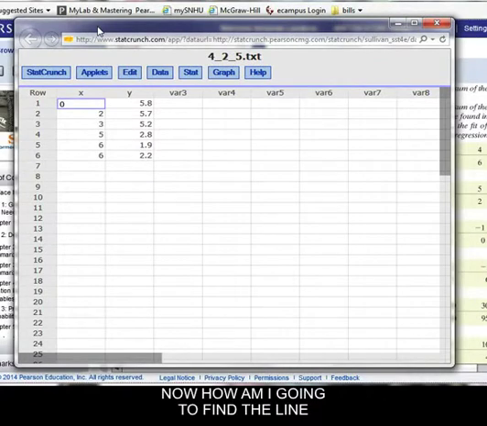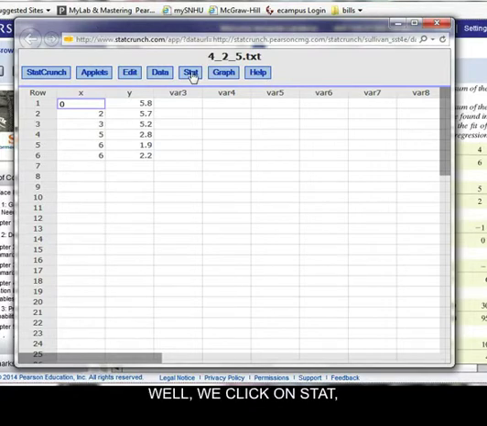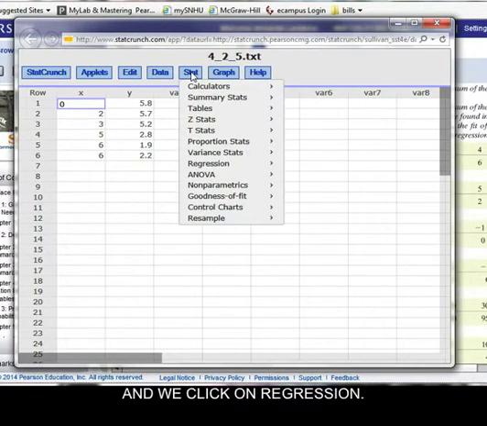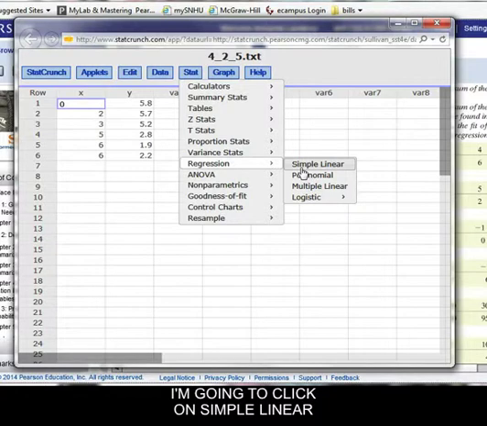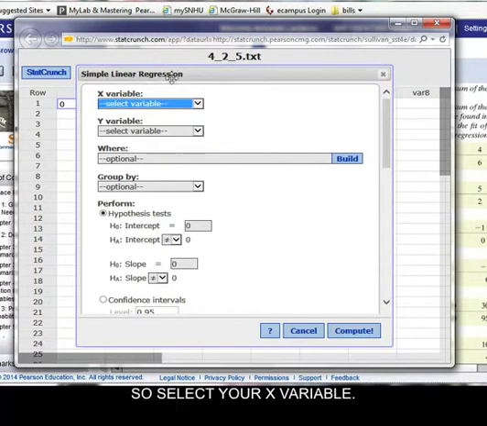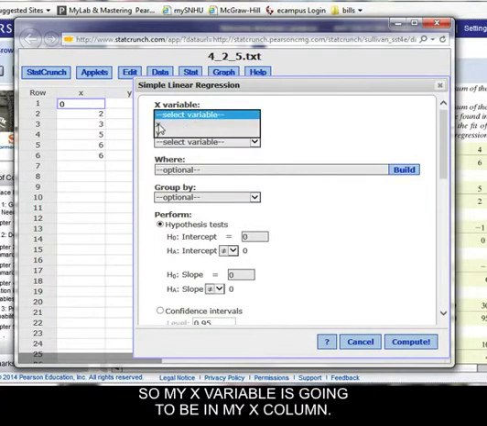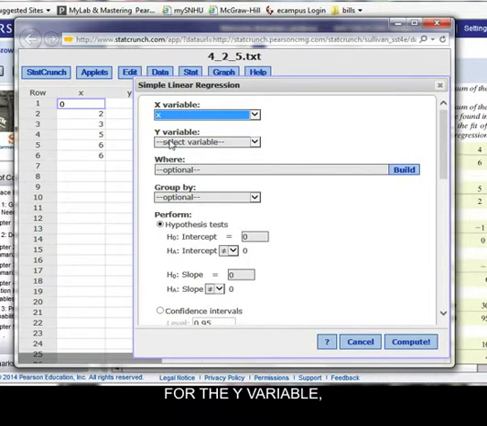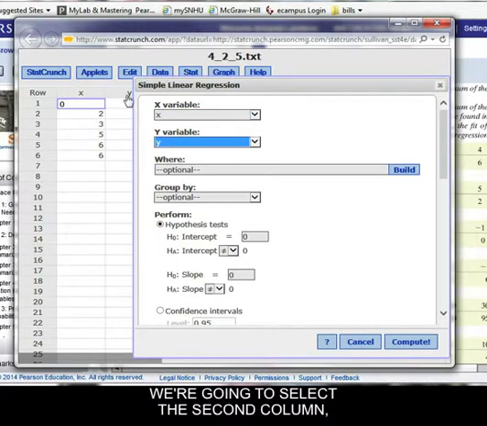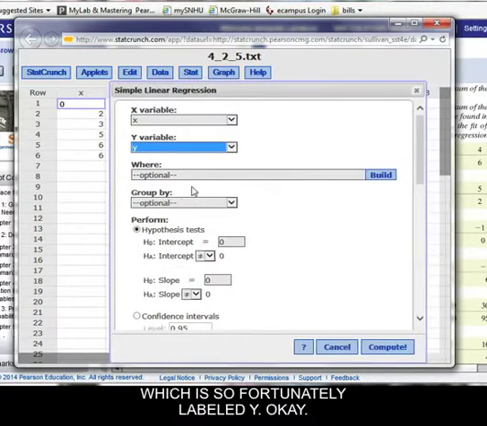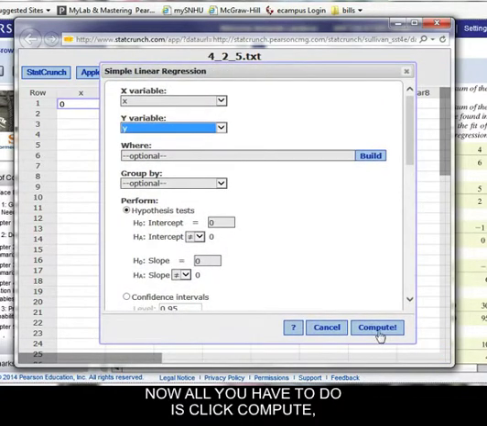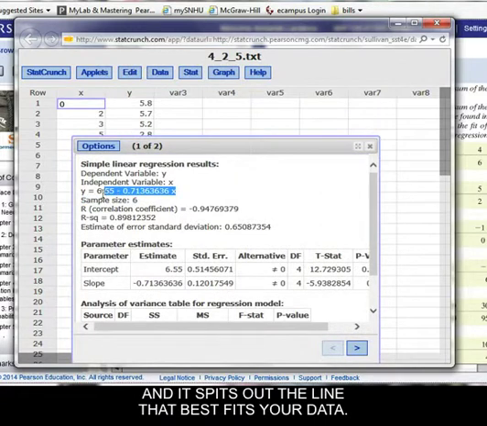Now how am I going to find the line that best fits this data? Well, we click on Stat. And we click on Regression. I'm going to click on Simple Linear to calculate the simple linear regression. So select your x variable. Well, that's going to be my first column, which is fittingly labeled x. For the y variable, we're going to select the second column, which is so fortunately labeled y. Okay, now all you have to do is click compute,